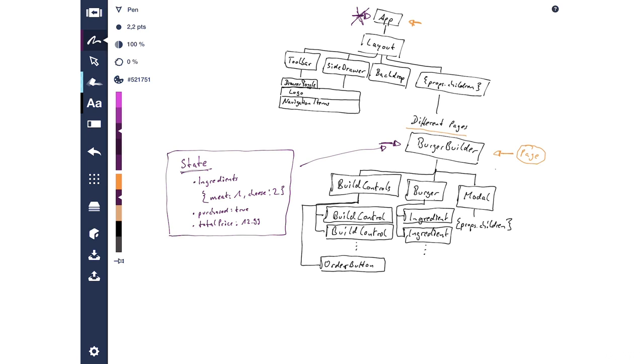And for now, this is going to be our whole app basically, but it's not how our application is going to stay once we added a checkout page and so on. So the burger builder should be a stateful component. It should be a container basically. So stateful. That's what the burger builder should be. All other components can be dumb components, stateless components. Now, the app component by default in a new project is a stateful one created with the class keyword. We can, of course, always leave it to be one, but we can also turn it into a dumb component